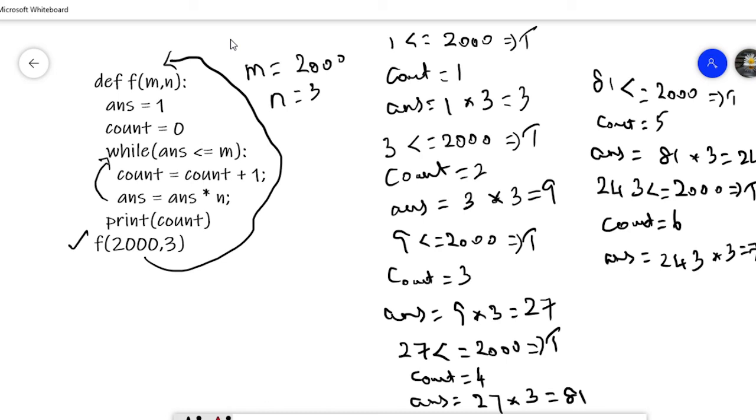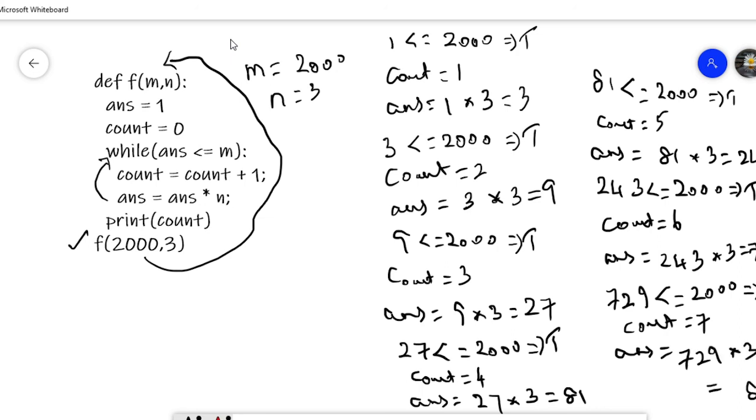Again the value is checked, 729 <= 2000, yes, it is true. So the count value is incremented, it is 7 now. Then s = 729 * 3, which means it is 2187.